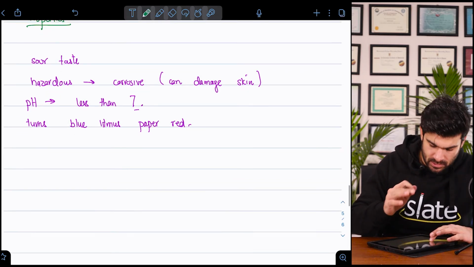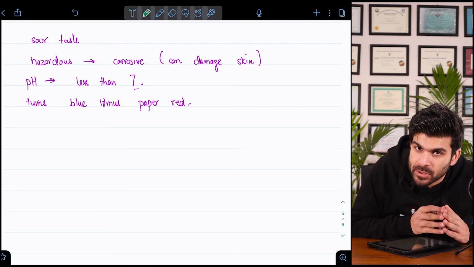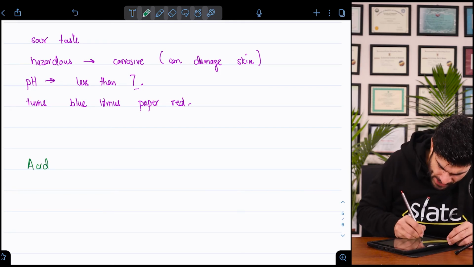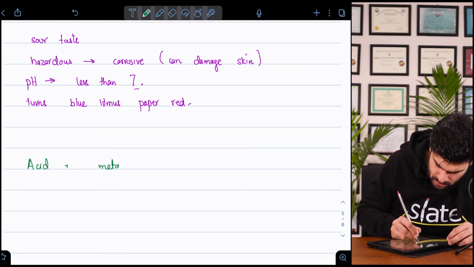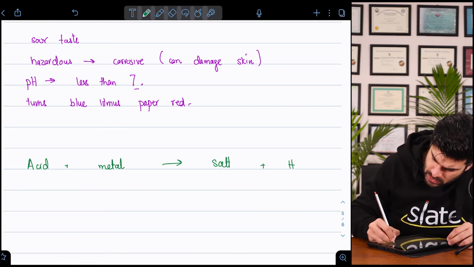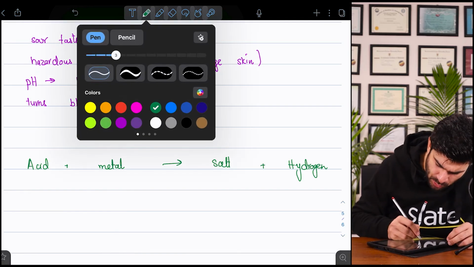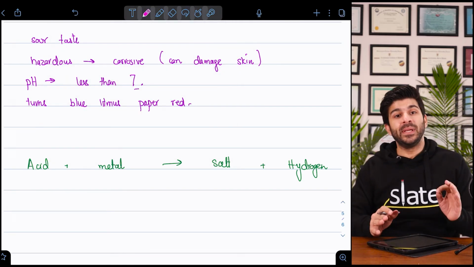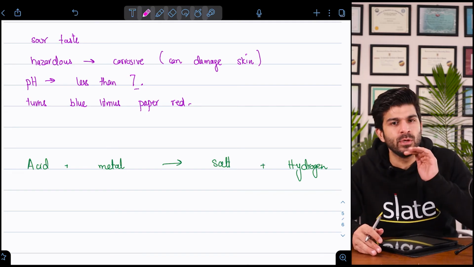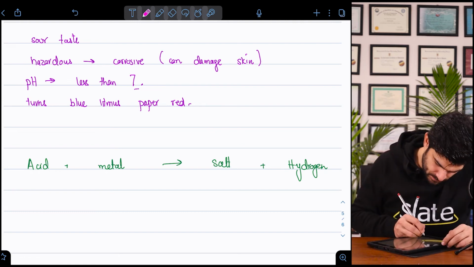Just 3 reactions about acids, but these are very important. They will be repeated in so many chapters. The first one, acid plus metal. You get salt plus hydrogen gas. So students, when I write an equation in the word form, a generic word form, it means this will happen, whatever you do, whatever you say. These will be the results. For instance,